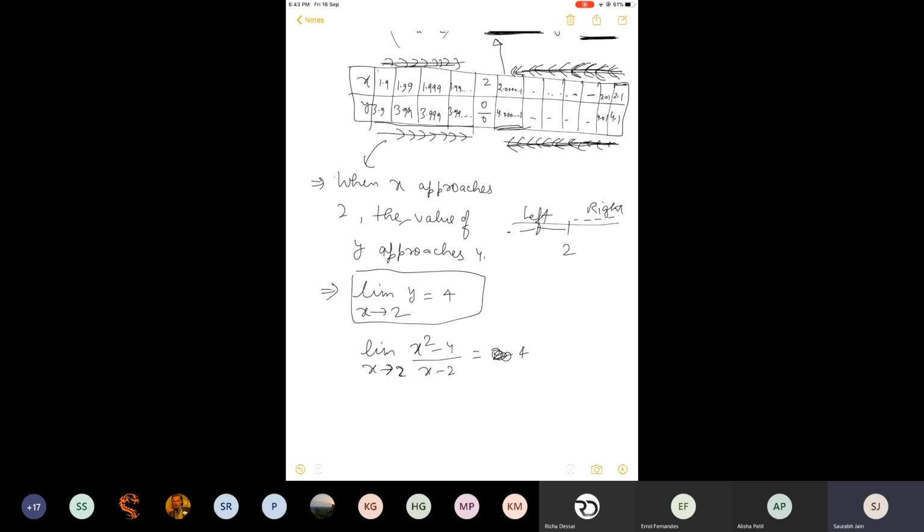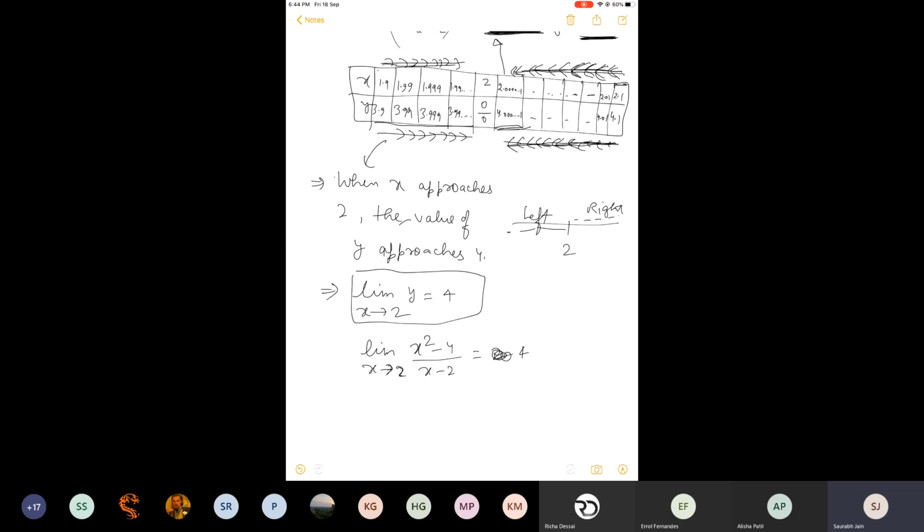This is the basic idea of limits. When at a particular x, we approach that x from the right side or left side, and because of that, the value of y or the function also approaches a particular value, then that value of y is called the limit of the function. This is what we are going to study. But it will become very complicated for other types of functions, making this table and studying the nature of the function every time. This will not be possible. So obviously we need faster methods that you are going to study under the article how to evaluate limits.